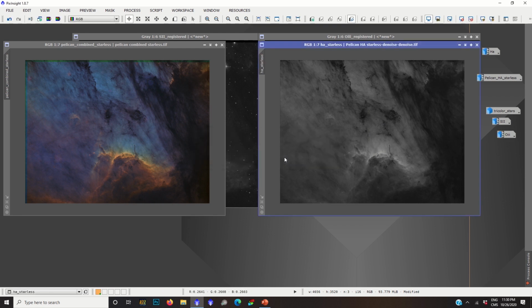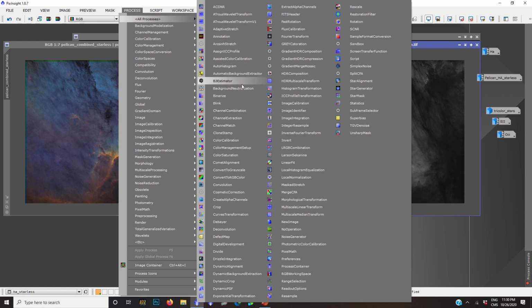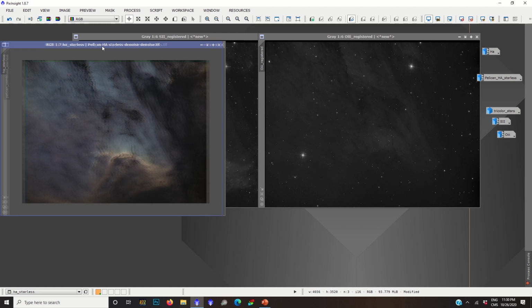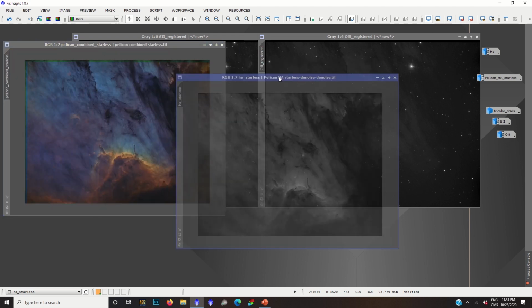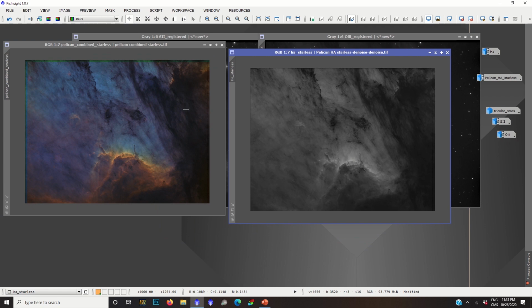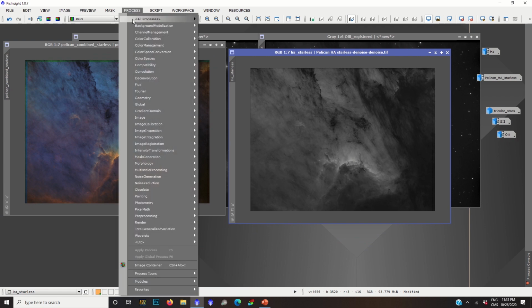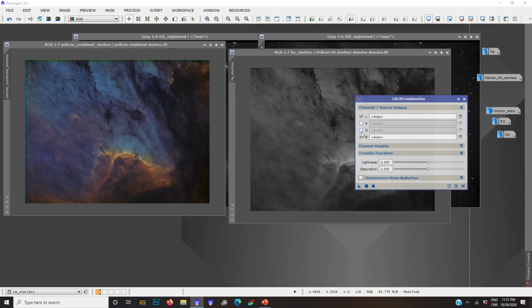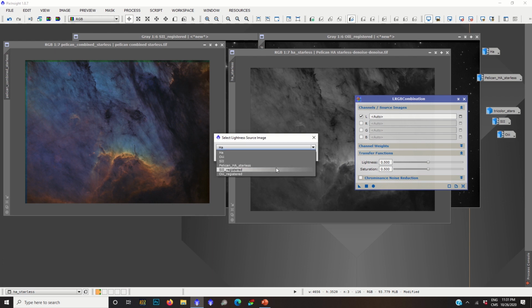Okay, so notice up here it says RGB. What we're going to do is essentially overlay this data on top of this data, just like that, and we get a color image. So first you want to go to Process, LRGB combination, deselect RGB because you're using this as a luminance layer and you're going to apply it to your color image. But what you'll find is you're looking for HA starless and it's not on here,